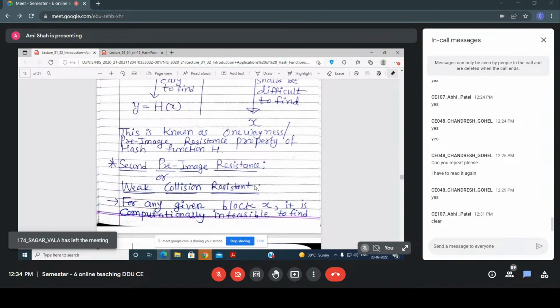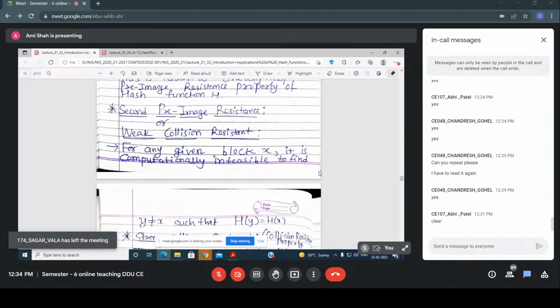So for any given block x, it is computationally infeasible to find y not equal to x such that h(y) equals h(x). So what does this property mean, second pre-image resistance? This property means that